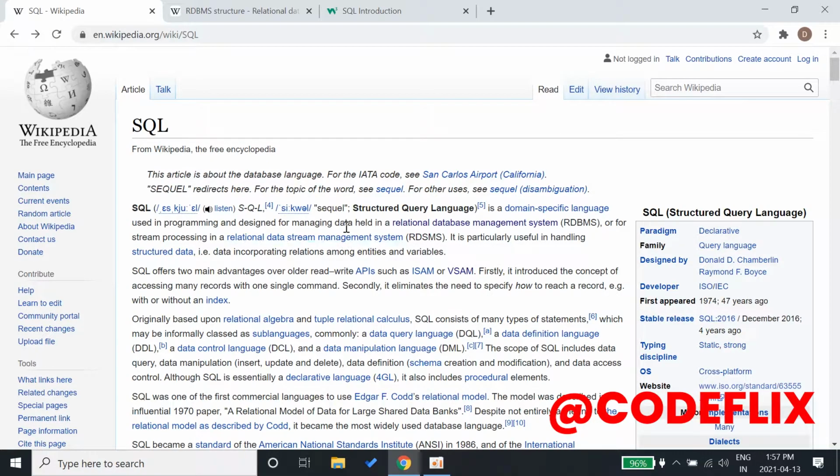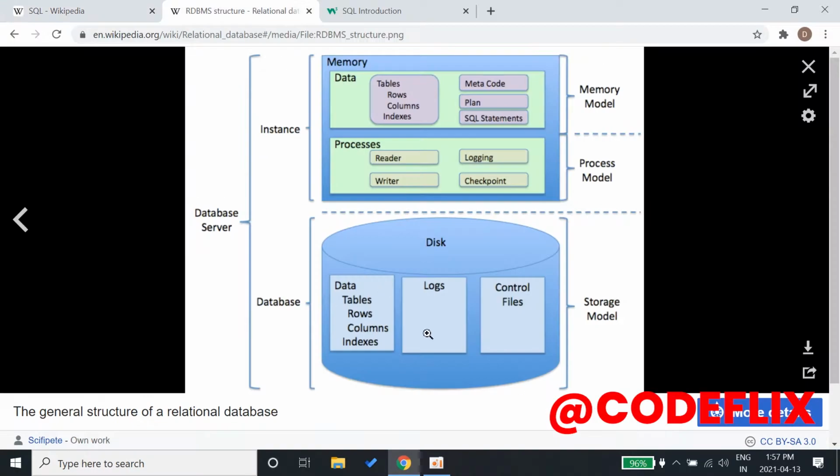And there are a few relational database management systems. As you can see, it is an RDBMS, which is Relational Database Management System, and this is the structure of an RDBMS. There's a disk here which contains all of our data, which is known as the database, which contains our data, the tables, the rows, the columns, the indexes.